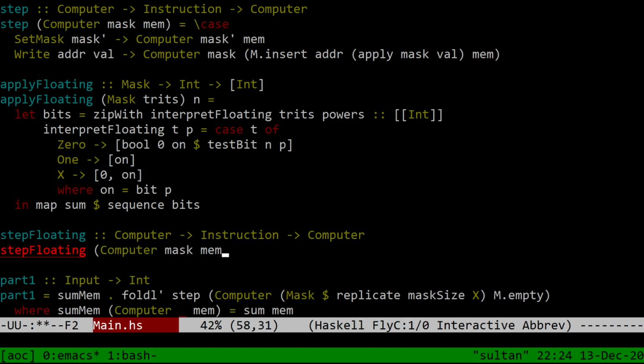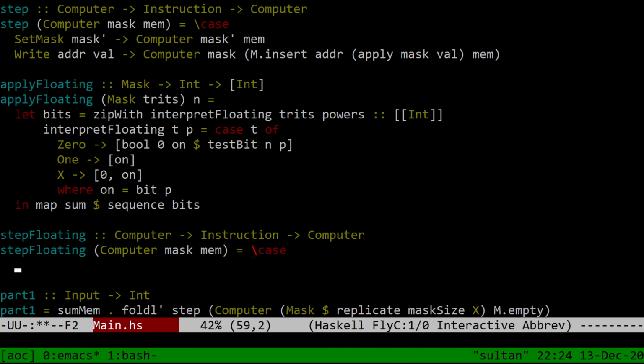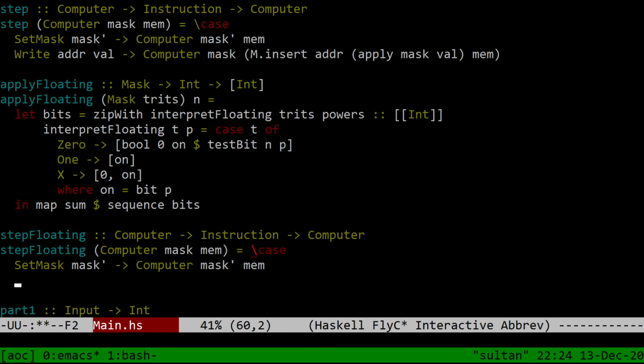Computer mask mem equal lambda case set mask prime computer mask prime mem write adder val computer mask and